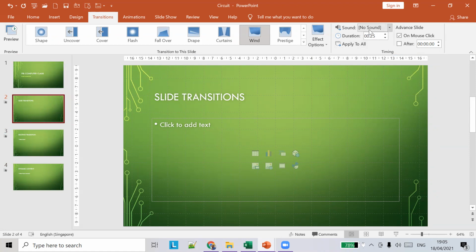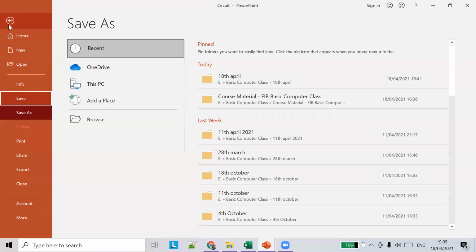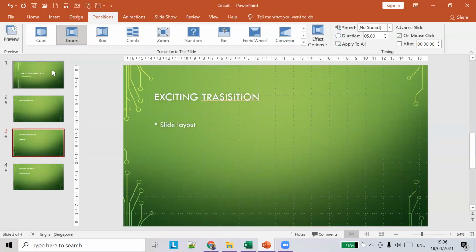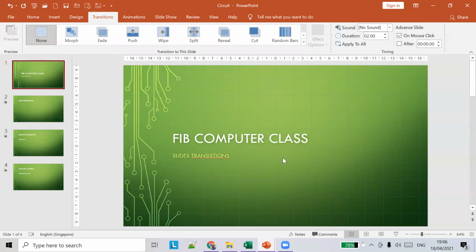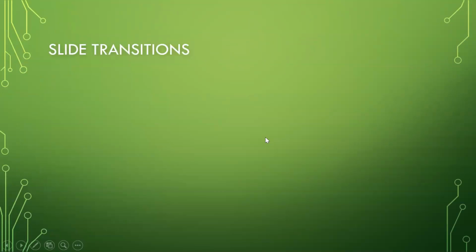So you can see the duration here. Let's try a longer duration for the third slide. Let's say we do 5 seconds. So we have chosen 5 seconds for the third slide, and we are now going to see how long it takes. I do the slide transition. The second slide happens so fast. Now when I click the third slide, we applied 5 seconds for this, so it will take 5 seconds to move from the second slide to the third slide.